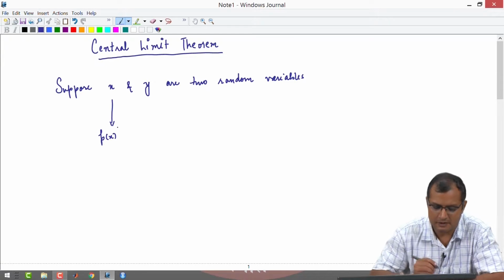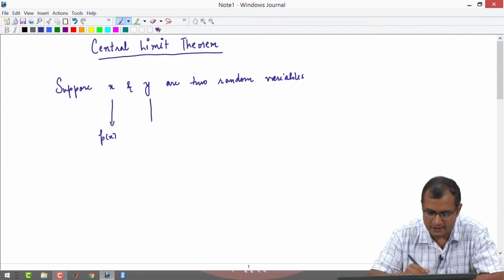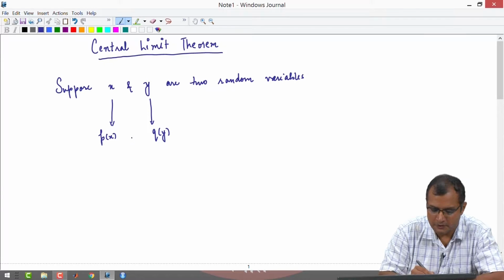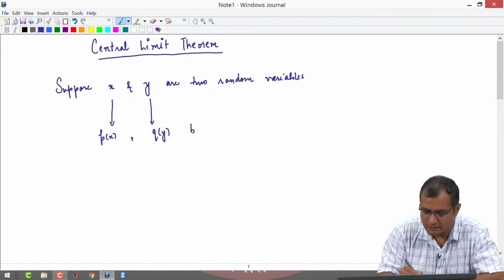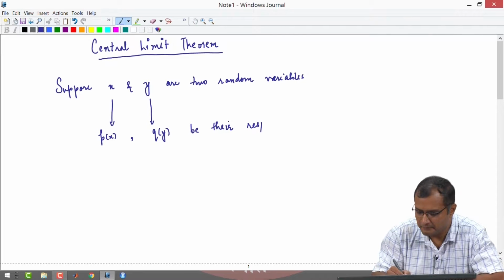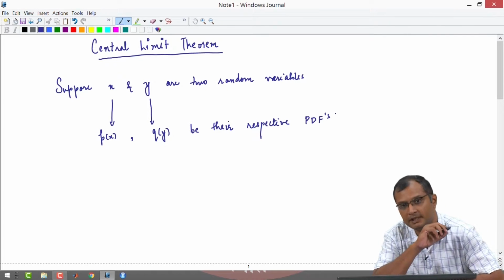So, x is distributed as p of x and y is distributed as q of y. Okay. So, p of x and q of y be their respective PDFs, okay, probability density functions,